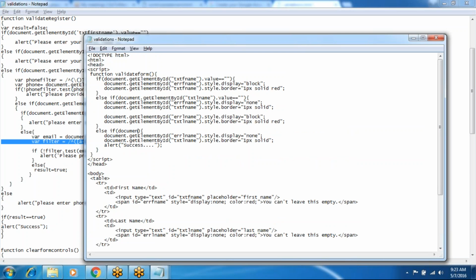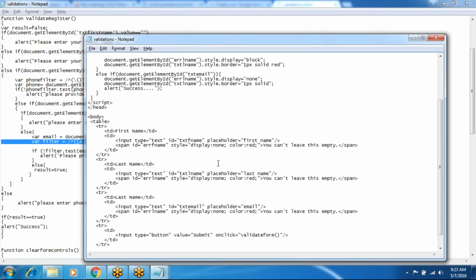If document.getElementById txt email .value equal to, okay, not equal to empty. If not equal to empty,